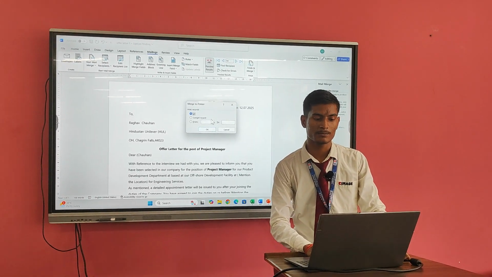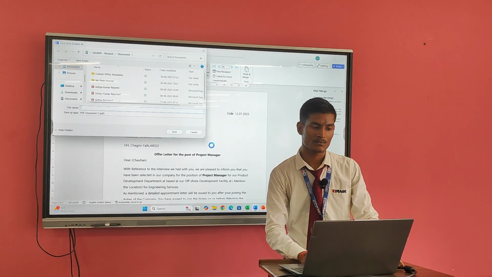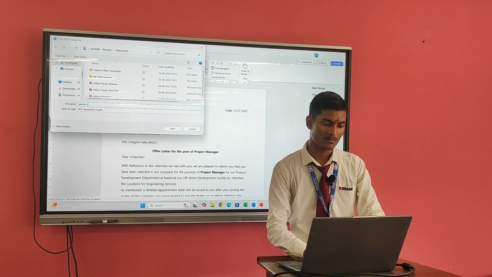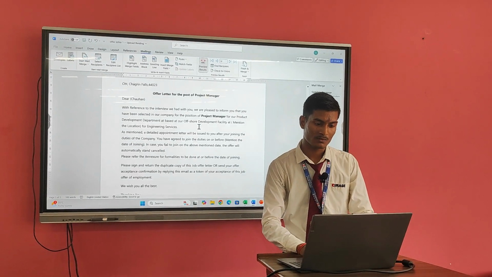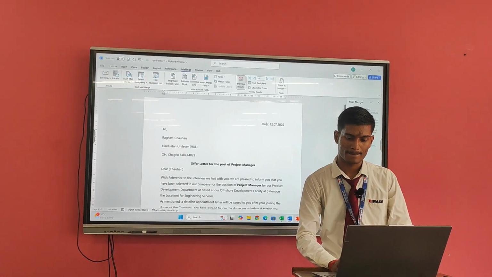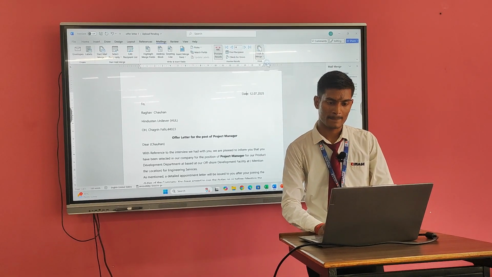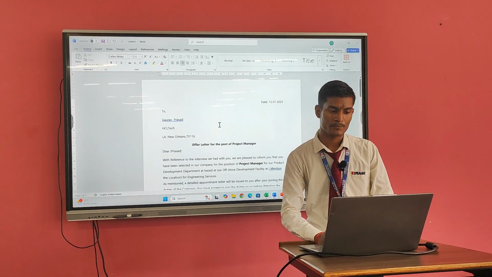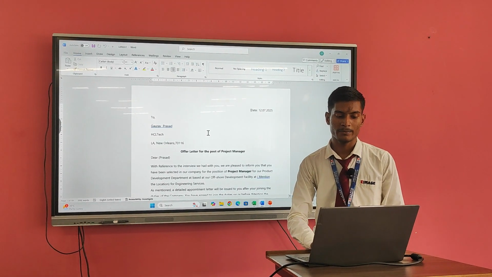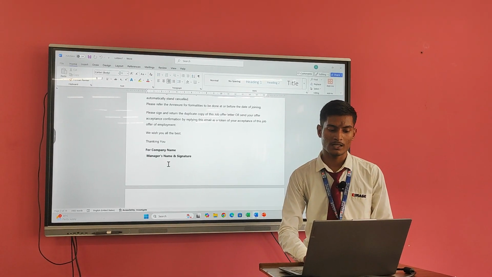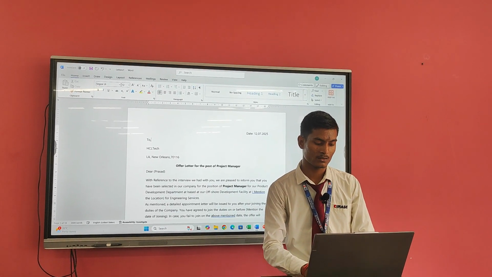If you want to take it in PDF, then OK. If you want to edit an individual name and other things like state, PIN, then you have to edit there, like I edit here the name, anything which you want to take.